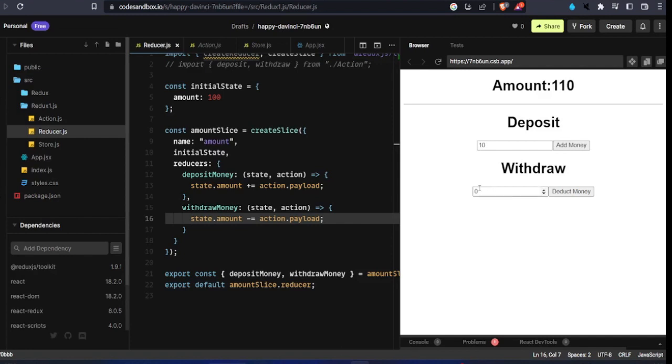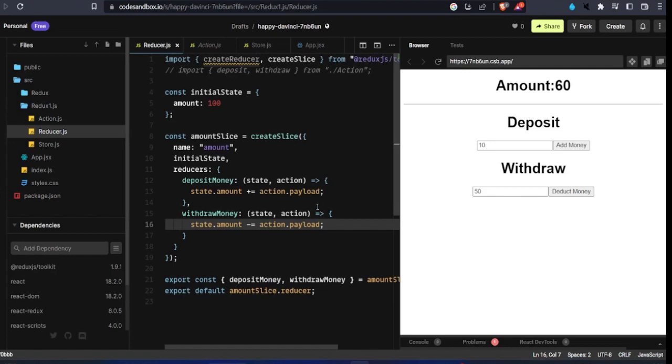Add money. It's working fine. Let's try to deduct some money. 50. Yes, it's working absolutely fine. Now as we are done with the CreateSlice function,